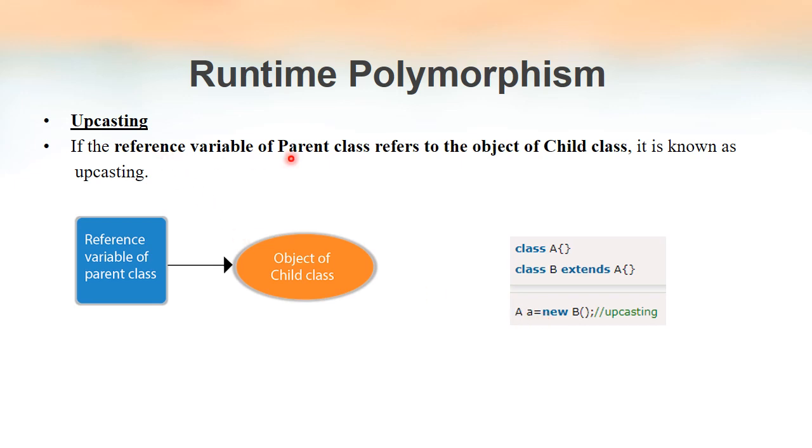We need this idea to explain runtime polymorphism, because now we have a reference variable of parent class, but it is referring to the object of a child class. Now think like this: class A has one method, the name of the method is method 1. Class B also has another method, and the method name is method 1 itself. But due to inheritance, class B will get a copy of method 1 from class A. So now class B has two methods having the same name, method 1.